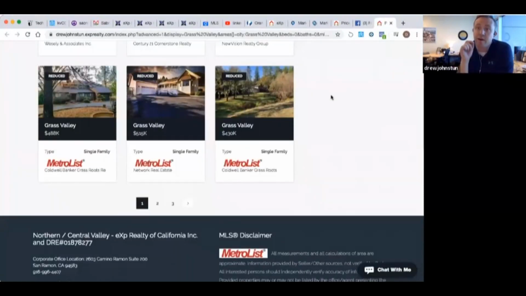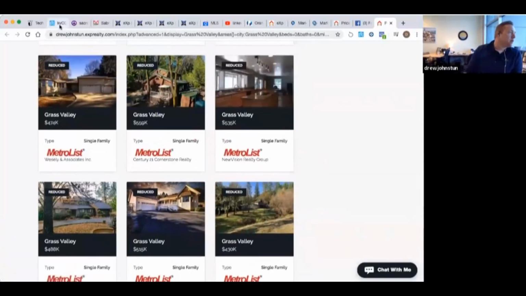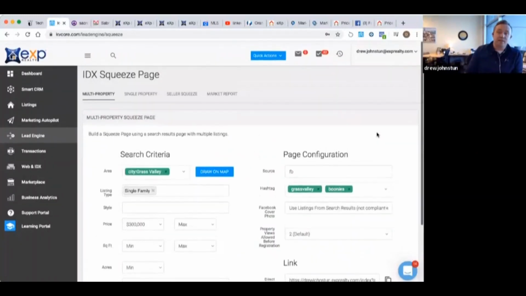Right, straight from there, because I connected my Facebook to my KVcore site. If they want to send a message from that, they can send it to me. It's just another way of making this process seamless and quick. All right. So let's go back to KVcore. So that right there, it's huge.